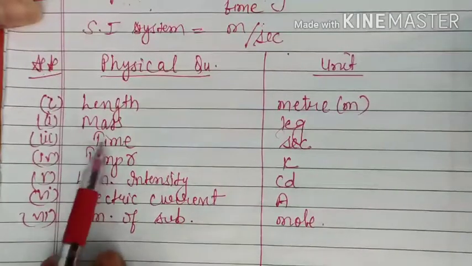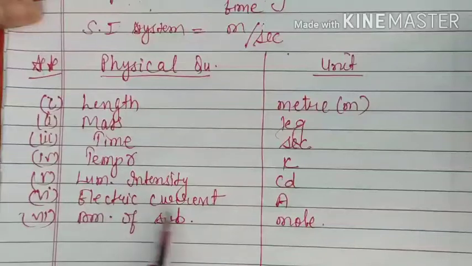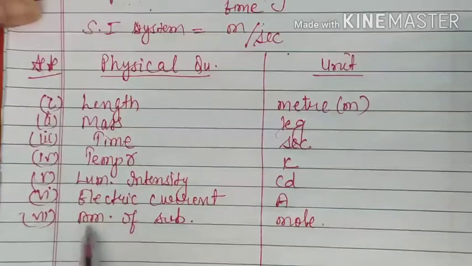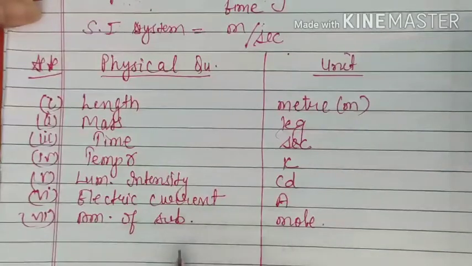These are mainly related with physics, and I'm not saying amount of substance is not related with physics because it is related with measurement, but it's more favorite for chemistry. It is the same mole which you learnt in the mole concept in chemistry. Temperature you know, and electric current you know; you have already learnt that rate of flow of charge is known as current. Only one new term we have here, that is luminous intensity.